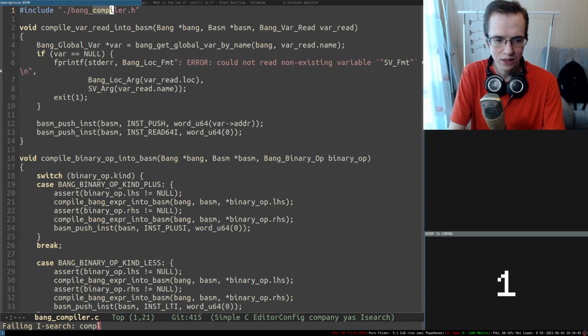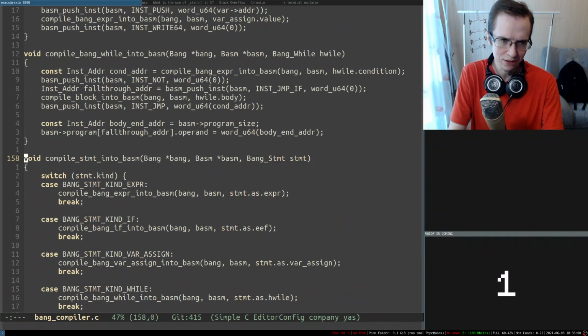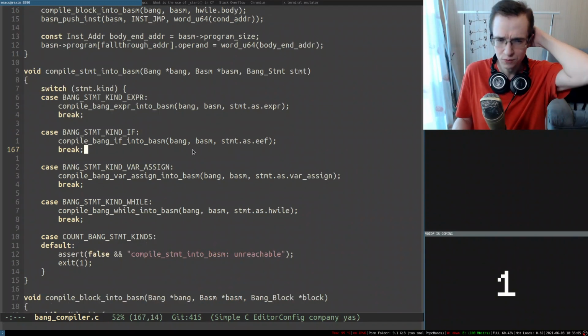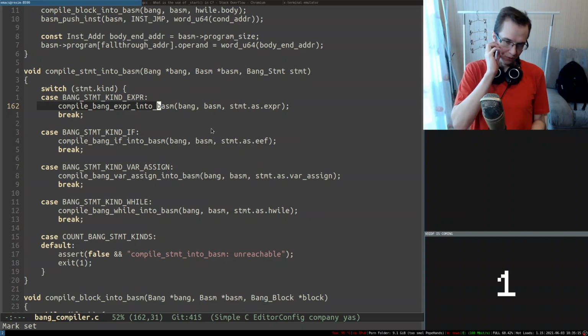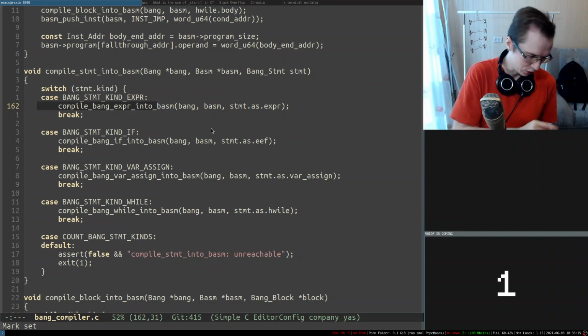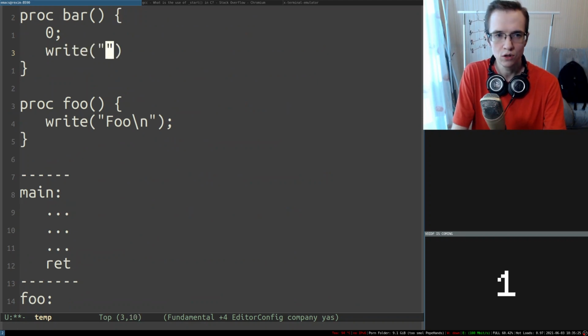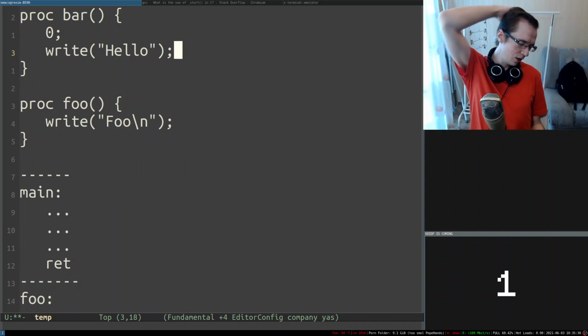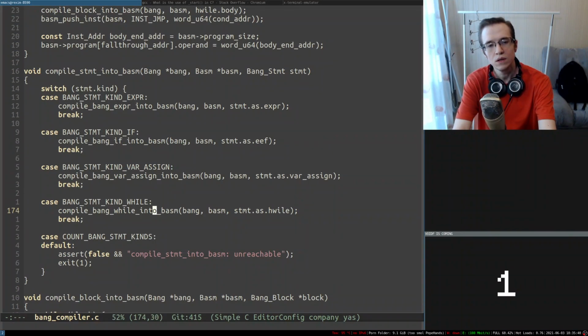So it's going to be compile statement. Do you even have statement? Compile statement into bosom. There we go. So if doesn't return anything, variable assignment doesn't return anything, while doesn't return anything. The only thing that may potentially return something is expression, but it just depends, right? Because this returns something, and hello does not return anything. So how can we even approach that? Obviously in here, if we know for a fact that the expression is not void,